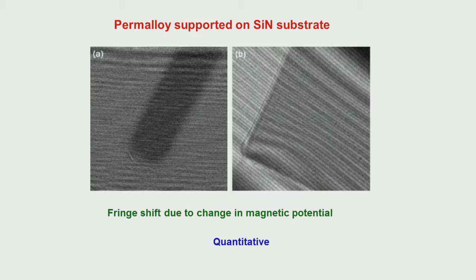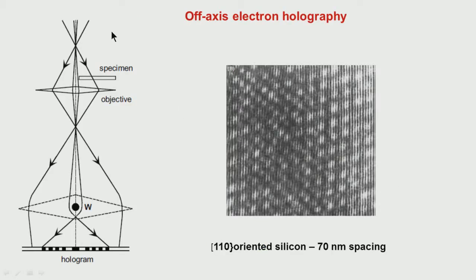Another important thing which you should understand here is that in this particular case the sample is not a magnetic material. It could be any sample. So the information we get is about how the beam interacts with the electrostatic potential in that sample. That is mixed with a reference beam, and that is how we generate a hologram.